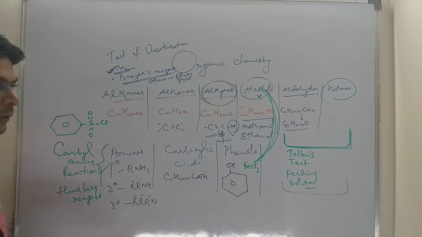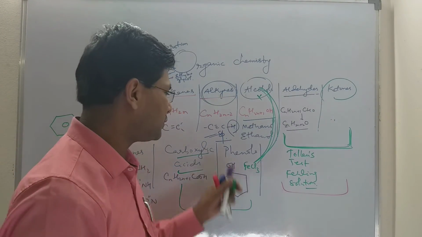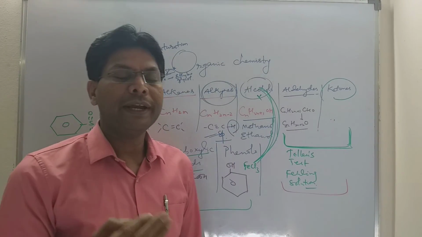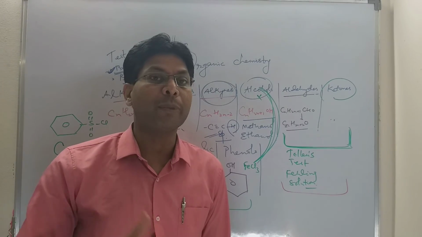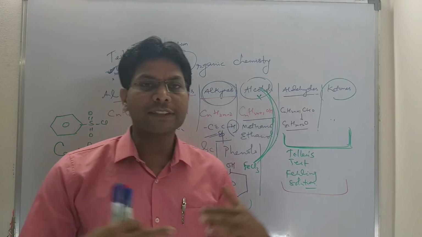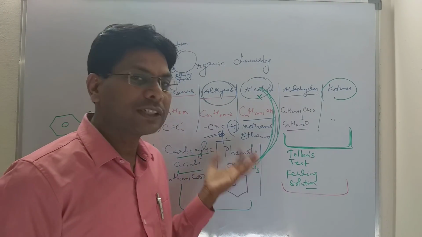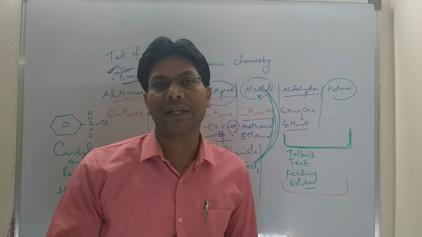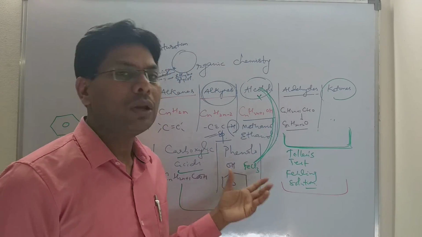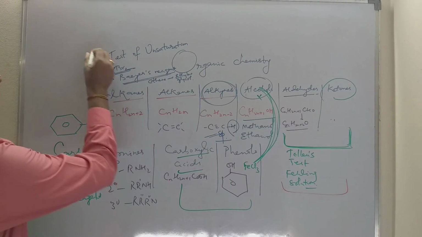Now coming to carboxylic acid. Suppose they ask you how benzoic acid is distinguished from phenol. Benzoic acid, being a stronger acid as compared to phenol, reacts with sodium bicarbonate to give a brisk effervescence of CO2. Phenols fail to give this test. But for a phenol which has more than one NO2 group, which is an electron withdrawing group, the acidic strength increases. That means picric acid, which is 2,4,6-trinitrophenol, is more acidic than phenol due to the presence of 3 electron withdrawing groups. So mostly these are the questions that will be asked.